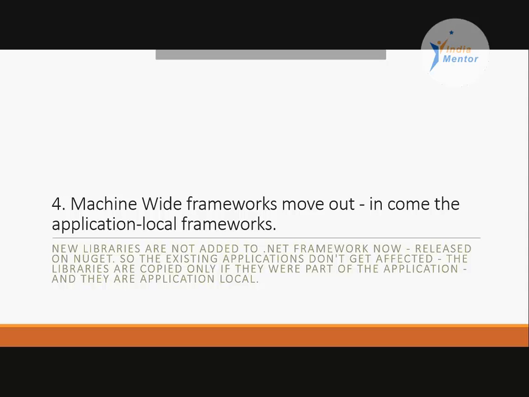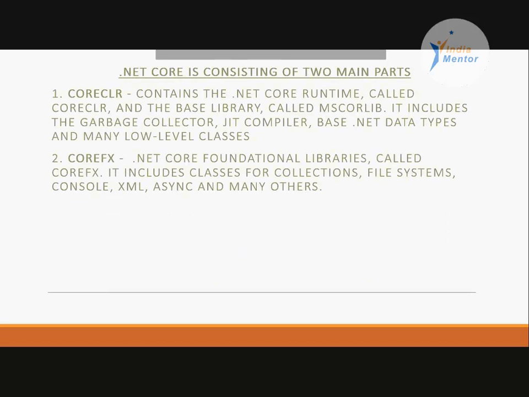So the only time they would exist on the system is if an application is using it. If your application is using it, you would have a copy of it, which will be application local framework. So it does not affect the other assemblies. But this does not solve the complete problem. I'm still not able to reach out to other platforms, and I'm still not able to harness a very big market, which is Android and Unix and Linux. So we needed something which would solve this. So this is where .NET Core was formed.